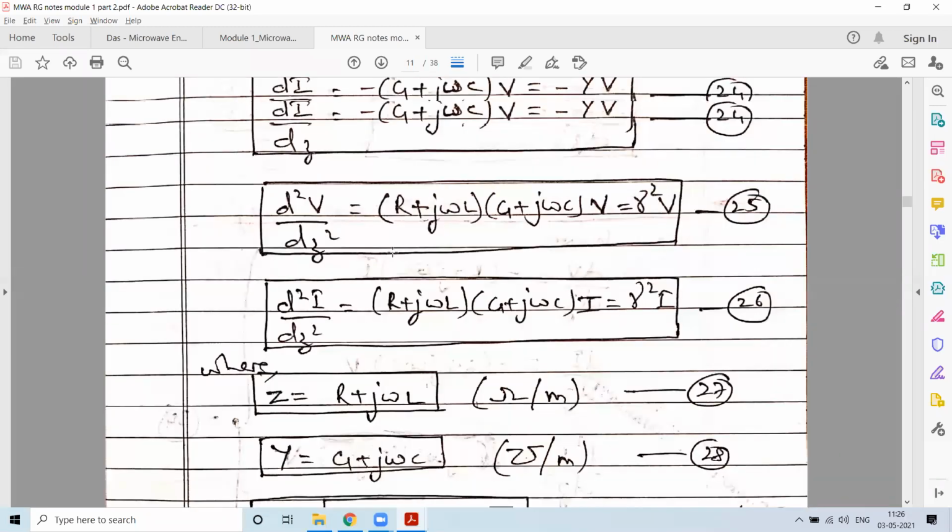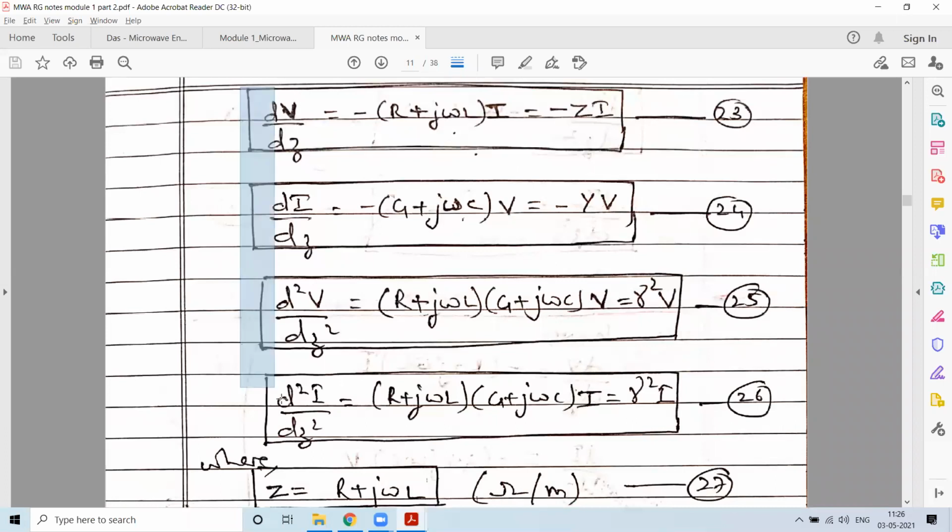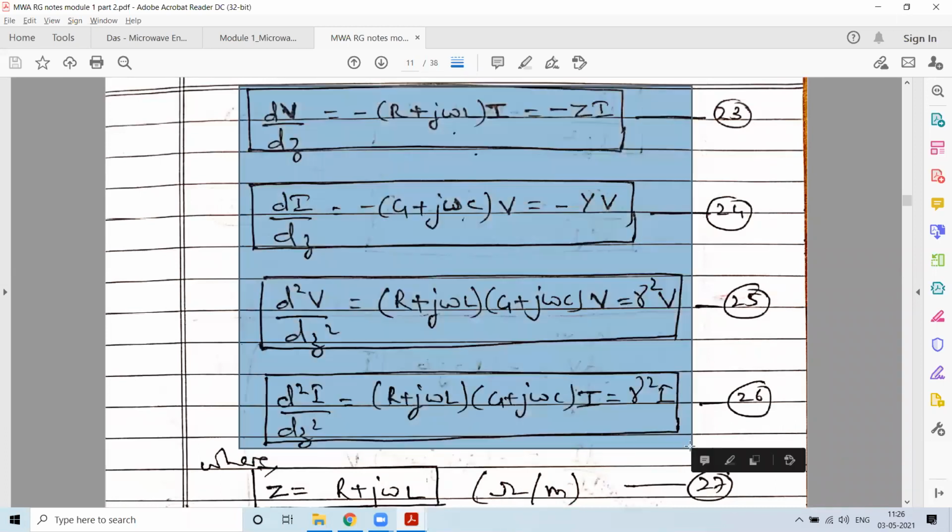So we had discussed these equations. These four equations are the basis for the next step. These are the transmission line equations. Now using these equations, we try to find solutions, in which we will basically try to estimate the characteristic impedance Z0, the alpha value, and the beta value. Once we get the alpha and beta values, we will be able to estimate the gamma value. These are the things we will try to estimate in the solution to the transmission line equations.